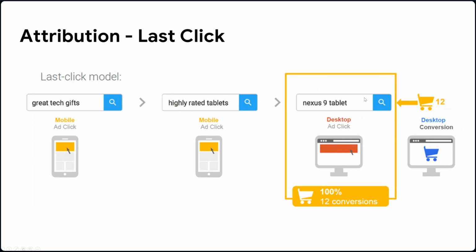They know what they want. They do a search like this, and then they convert. All right. The problem is, and in this example, there were 12 conversions like that. The problem is, with the last click attribution model, if this was an ad, this ad on desktop will get all the credit, right? So if you don't know about the whole path, you might think, okay, this is the only campaign that makes sense. But the question is,